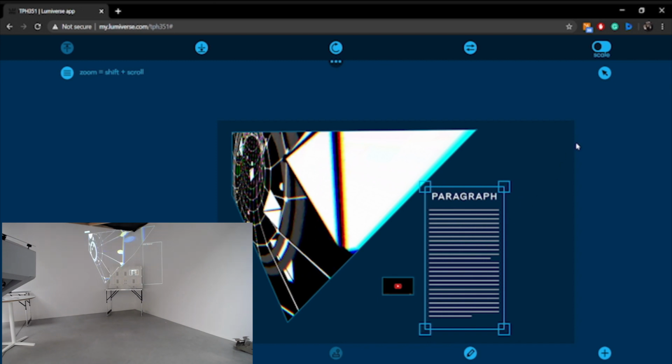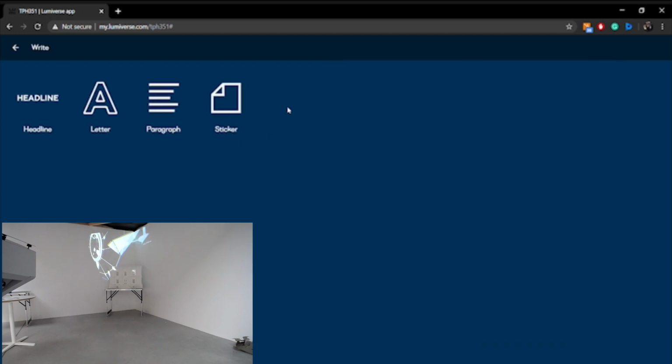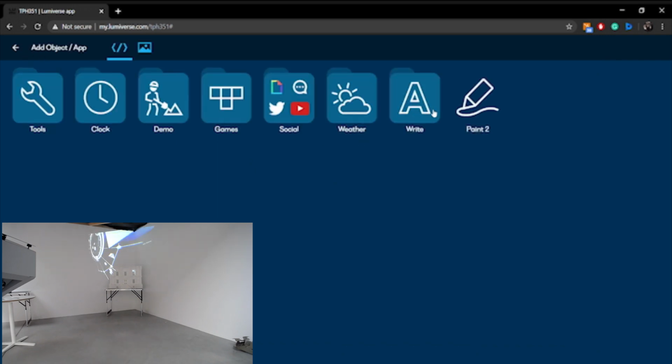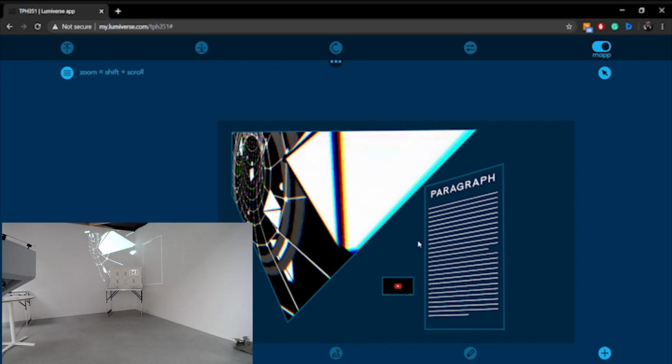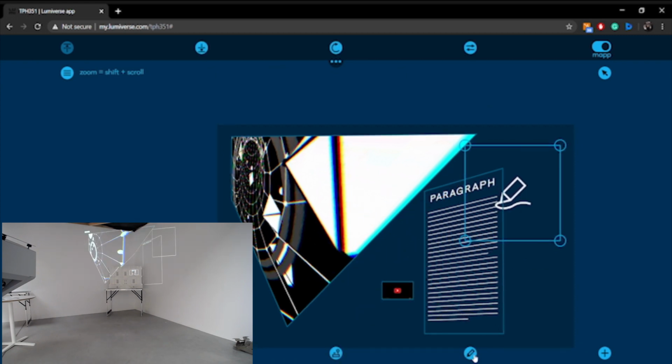And again, you see that the corners are not in perspective. So if I want to do it a bit better, I change the shape, so it's now following the wall. Again, if I go back, you can just do large letters, headlines, paragraph, works quite the same. And there is a painting tool, so you get a square, and if you want to paint,